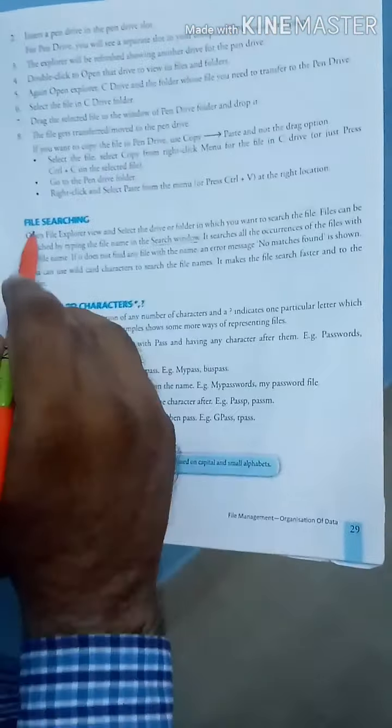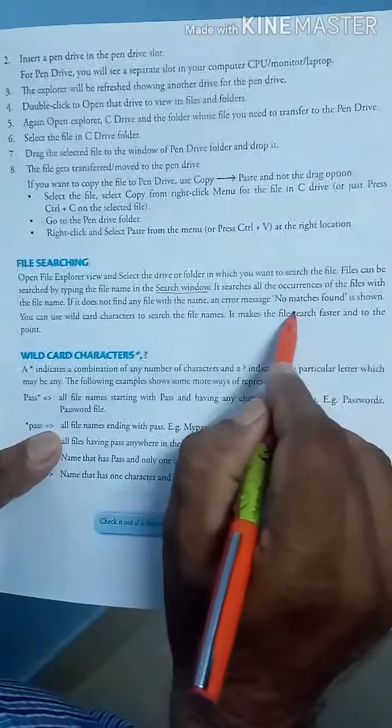Next is file searching. File searching means, as we discussed before, finding the file. You can type the file name in the search window, and if the name matches, the file is found. If there is no match, it does not find any file with that name, and an error message appears: no match found.